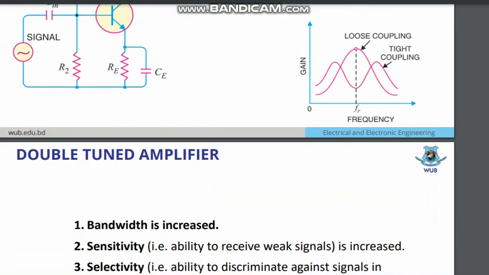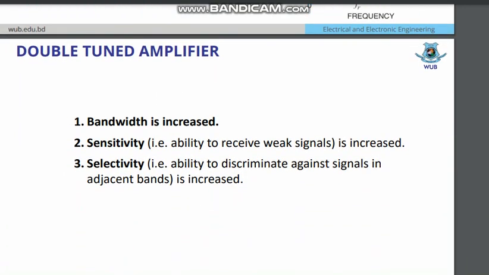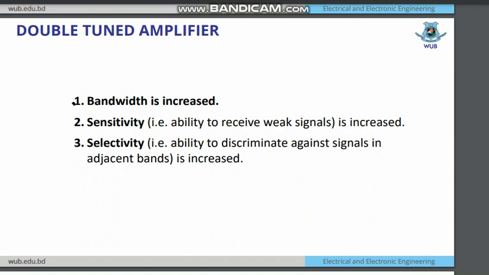In the double tuned amplifier, what are the advantages? Their bandwidth is increased. Their sensitivity, the ability to receive weak signals, is increased, because in tight coupling there are two resonance frequency peaks, so they have more